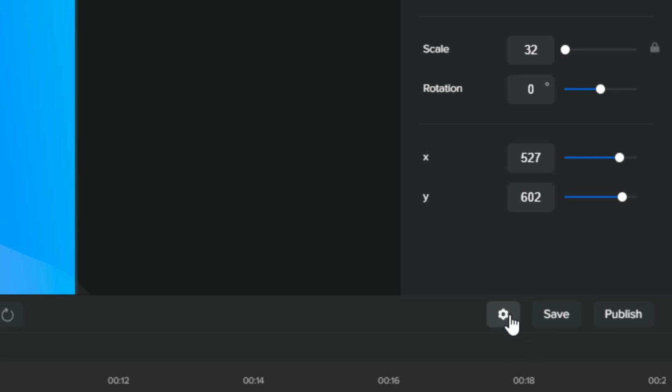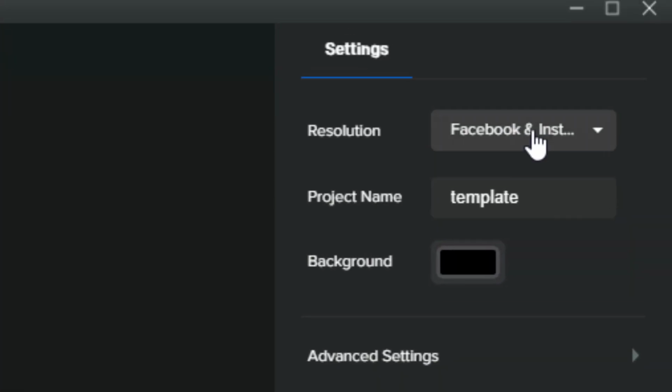There's one more thing I wanted to show. There is a settings button right next to the save button. If you click on it, you will be able to change the resolution. You'll be able to change the project name. Right now it says template. I can change it to